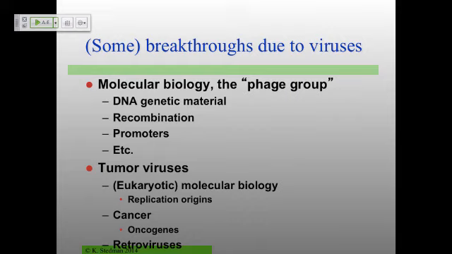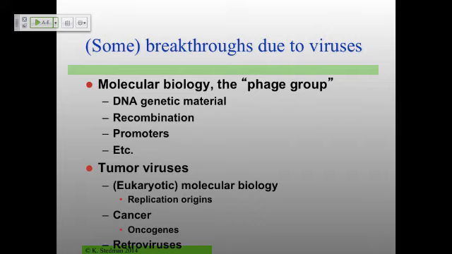More recently, people have been studying tumor viruses, and those tumor viruses are really wonderful tools for understanding tumors. It turns out that they're important for some cancers, although probably relatively few of them. But it's in the study of these tumor viruses that a lot of eukaryotic-specific molecular biology was discovered. Things like replication origins. Certainly in terms of cancer, oncogenes were originally found in these viruses, but then very soon thereafter shown to be present also in cells. But it was through the study of these viruses that they found those oncogenes in the beginning.